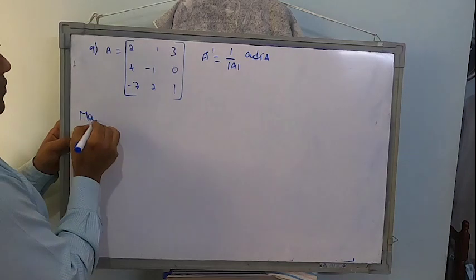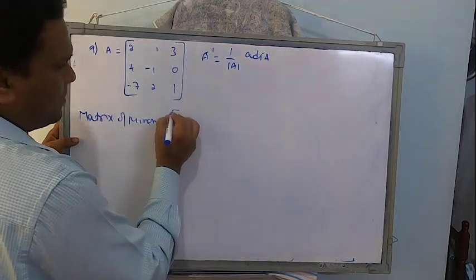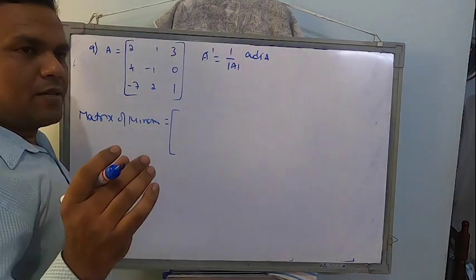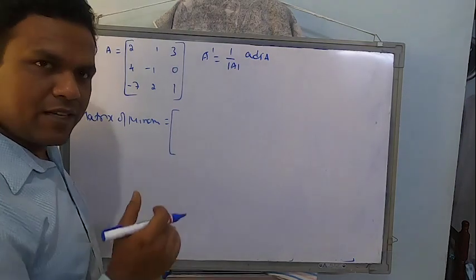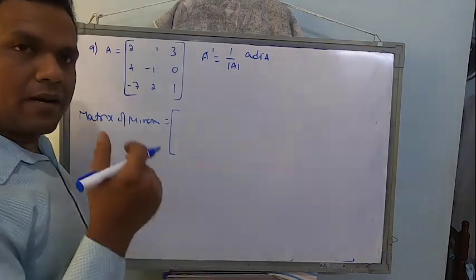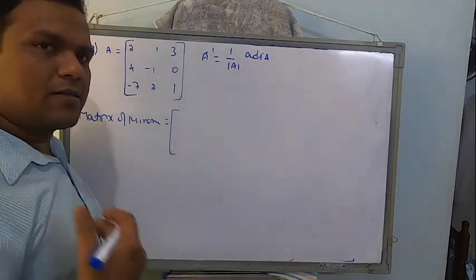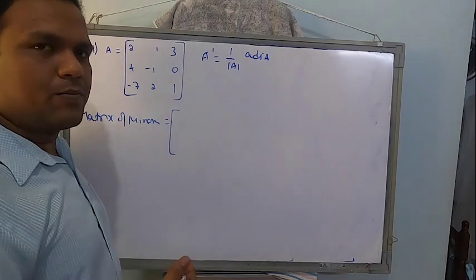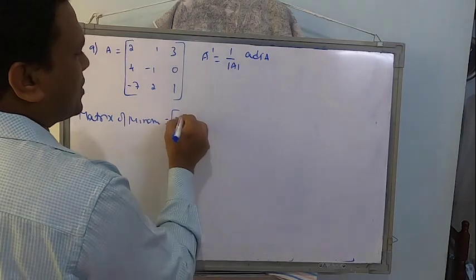So first I am going to start with the matrix of minors. Replace each element by its corresponding minor. Students, I am telling you, if you are not comfortable doing it directly, write down the minor of each element separately, construct the matrix of minors, multiply that with the sign matrix, and then get the cofactor matrix and then get the adjoint. If you are used to it and feel that this method is easy, please do it directly. So it's going to be minus 1, 0, so that's minus 1.